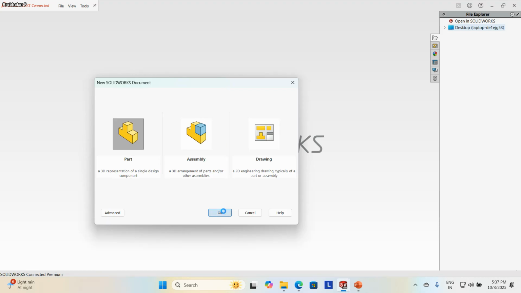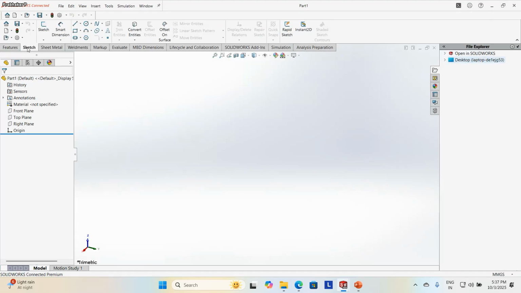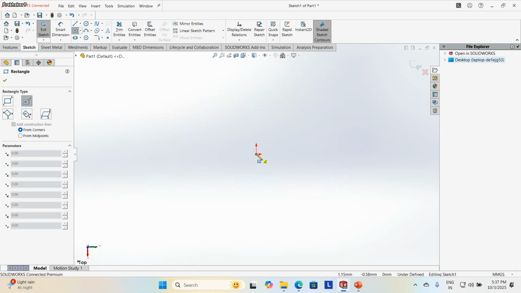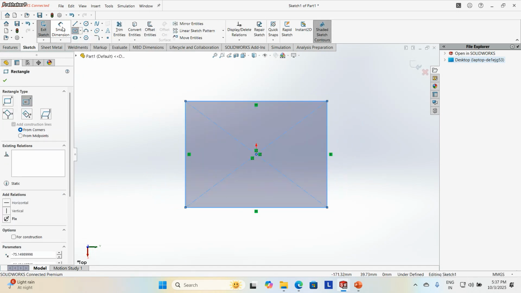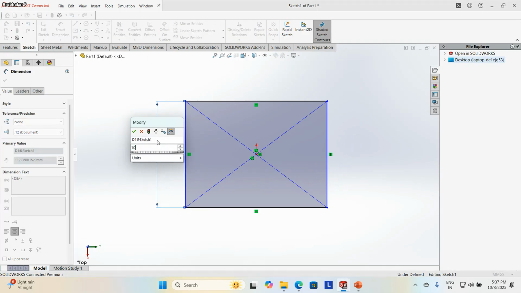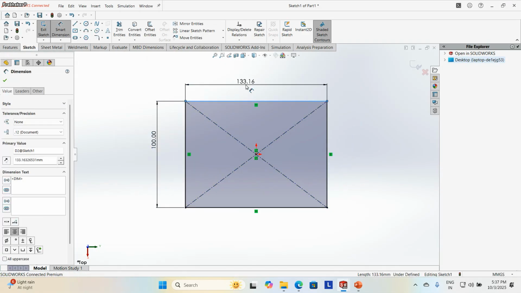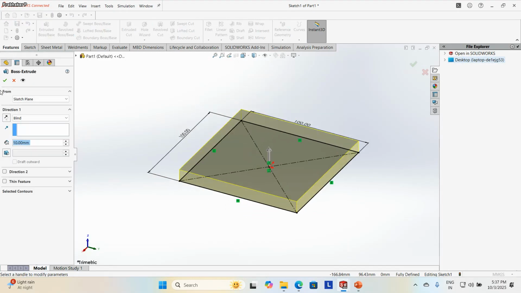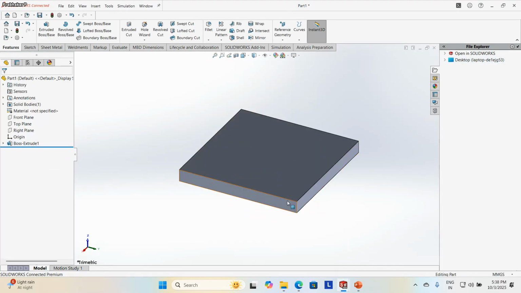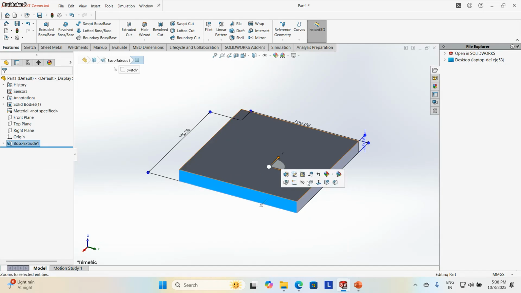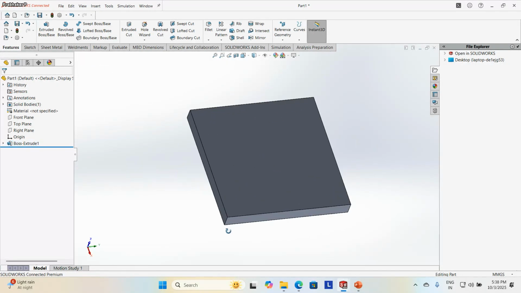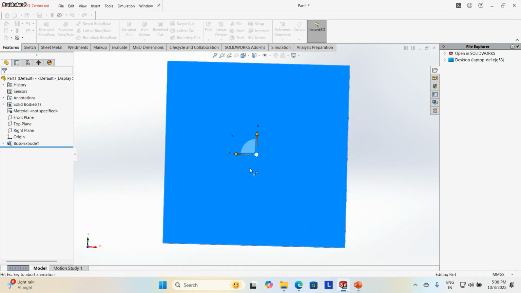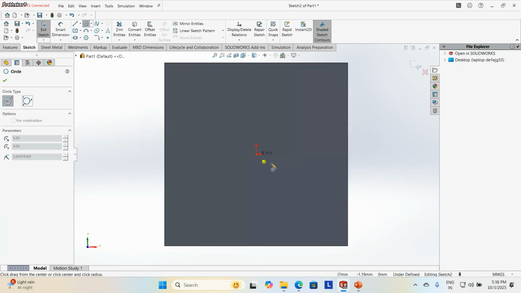Now coming back to the SolidWorks definition, what I told is SolidWorks is feature-based modeling. What is feature-based modeling? Now I'm just creating a block. I'm just taking a random dimension, I'm not worried about the dimension. What I did is I created a sketch and I added a material. I added a thickness. So this is what we call a feature. Whatever operation I make, suppose I remove a material over here, again it will become a separate, different feature.